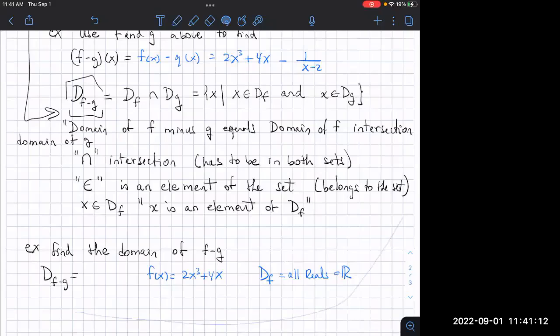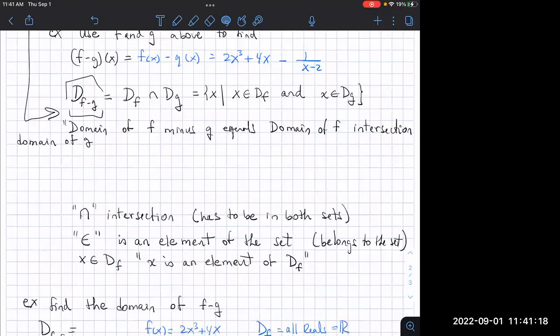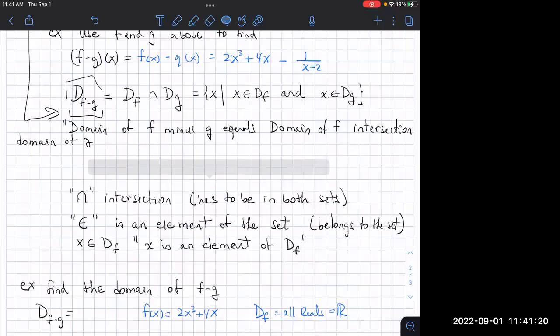Okay, so I seem to be moving below. Okay. So domain of f minus g equals domain of f intersection domain of g. And then I can continue, which equals